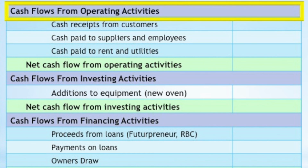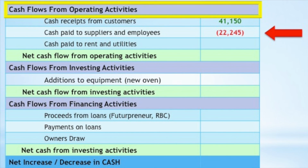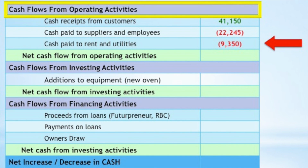The cash flows from operating activities section reports on earnings that are directly related to the operations of Jen's Bakery. Thus, Jen has cash receipts from her customers for baked goods and for the rental of her party room. This is a positive cash flow. Her operations require that she pay her suppliers for things like raw materials, deliveries, cell phone, internet, etc. This is a negative cash flow, indicated here with the use of brackets. Jen also pays for rent and utilities. Jen's net cash flow from operating activities is a positive cash flow of